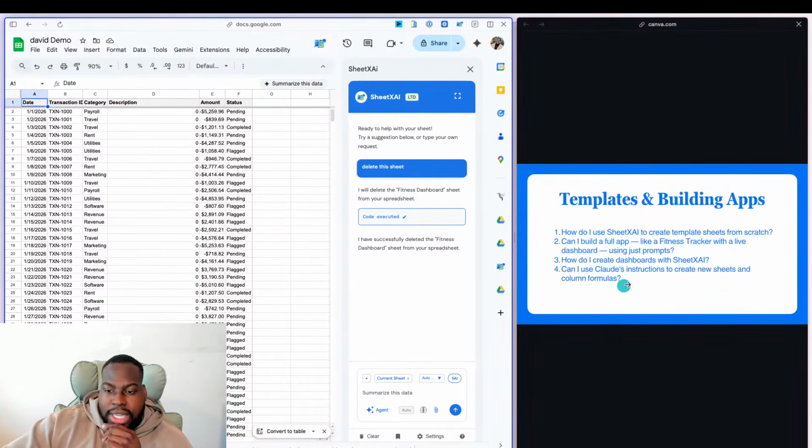But let's see. Can I use Claude's instructions to create new sheets and column formulas? Yes. Well, what do you mean by Claude's instructions? So when you say Claude's instructions, are you saying you ask SheetXAI for instructions, or